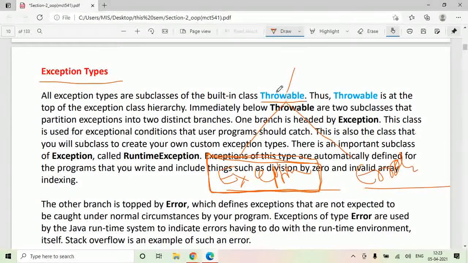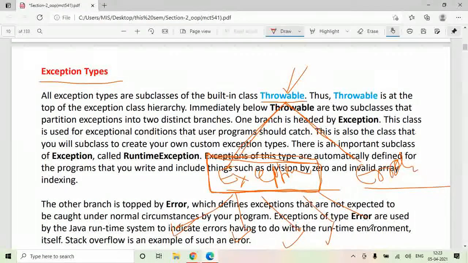You can remember it like this: Throwable is the supreme class, and it has two branches, the Exception class and the Error class. From the Exception class, there are many classes derived, say RuntimeException, ArithmeticException, NoClassFoundException, ArrayIndexOutOfBoundsException. Many exception classes have already been defined by Java.